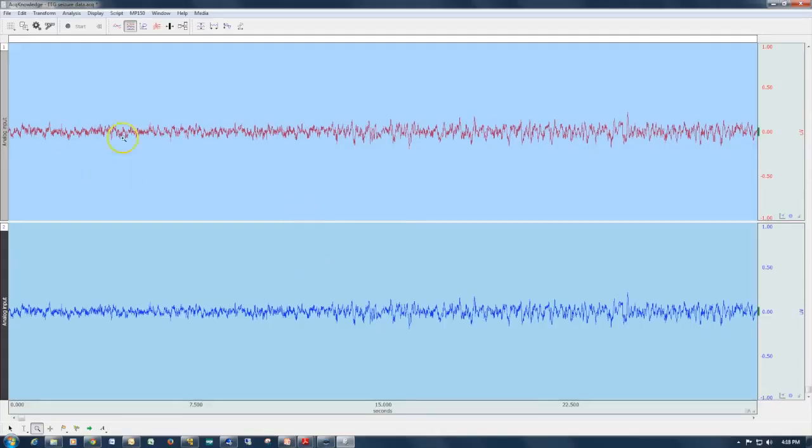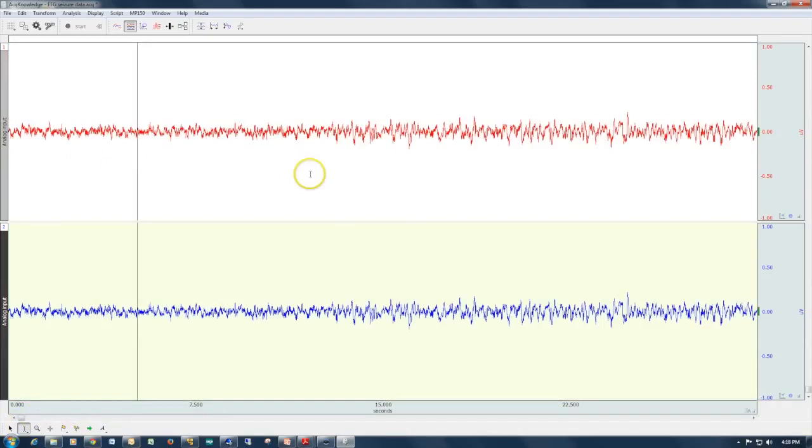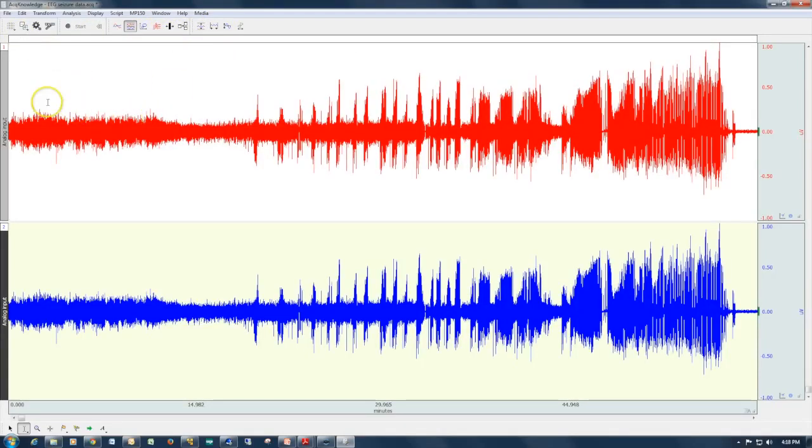So here we have an EEG file that was recorded from a rat using a telemetry system, and this is looking at about 30 seconds of data. If we compress everything down, now we're looking at approximately 1 hour. The two channels are identical. I duplicated